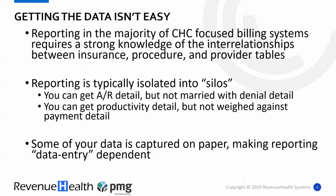is done in silos. So you might get your AR detail, but your managed accounts receivable, your month-end aging, is not married against, well, what's sitting on the aging by denial? How much of it is rejections? You may be able to get productivity detail, how many patient-provider encounters are happening, but that's not weighed against payment detail or resolution rates. So, in some of the systems, we had a phrase that was,